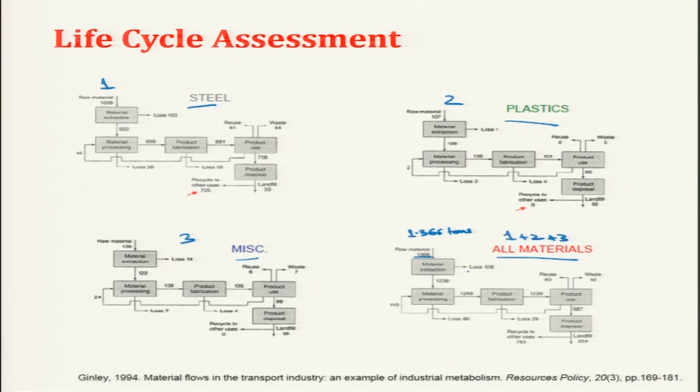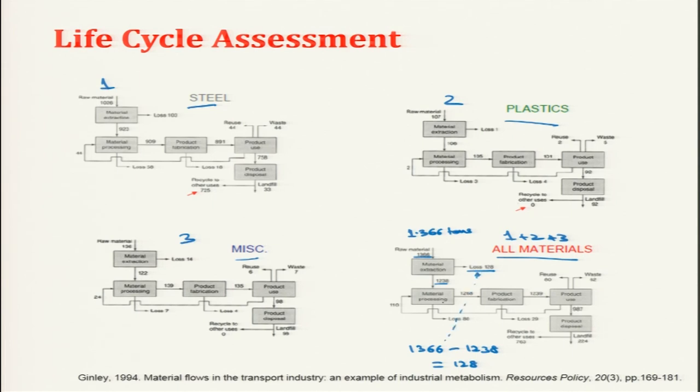The total loss in material extraction, or the extraction of ore, is 128 kg, and the material that goes for material processing is this. Actually, how is it taken? First, the total raw material that is extracted is taken, and the total material that goes for processing is taken. This difference, this 128, is 1366 minus 1238, which is equal to 128. This weight comes here,